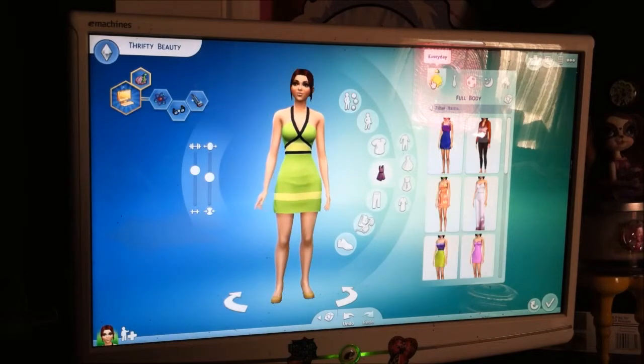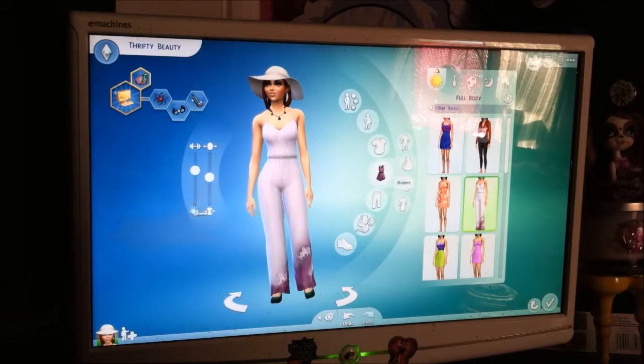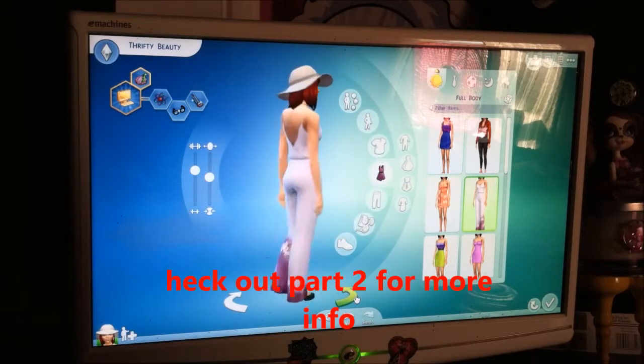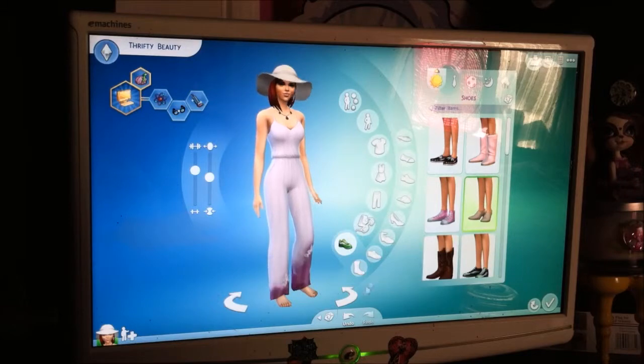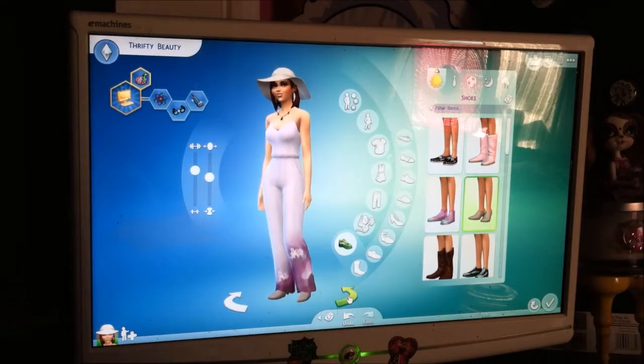And her everyday, so this is how you change the everyday clothes. Remember, we gave her that hat. Let's give her a really badass jumpsuit. She looks like she stepped out of the 70s. It's really cute. Let's get rid of them shoes. We can give her some shoes that look like they match. There we go. And as you can see there,